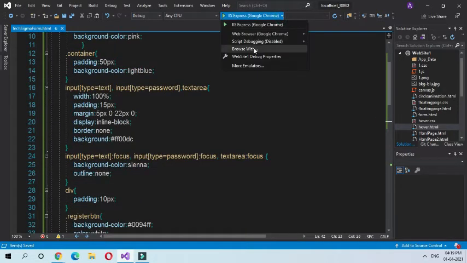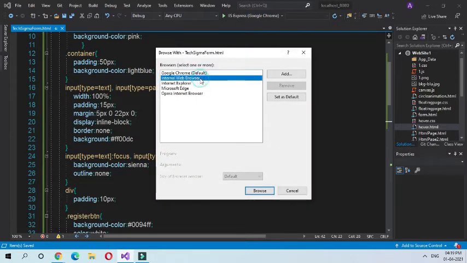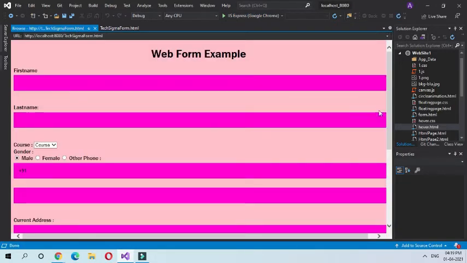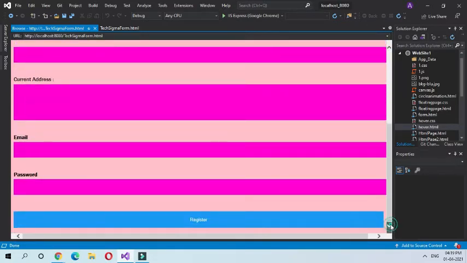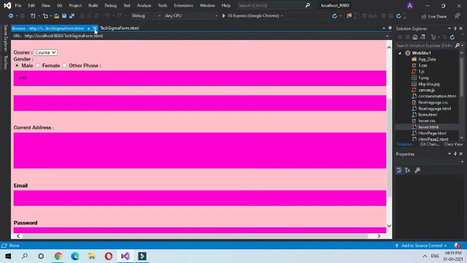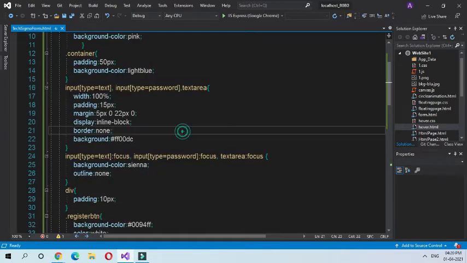Let's see the output. I'm browsing it with an internal browser. Oh, such a bad color. As you can see, this is not much attractive. Let me change the color first.